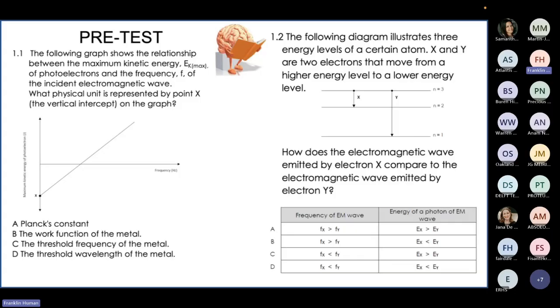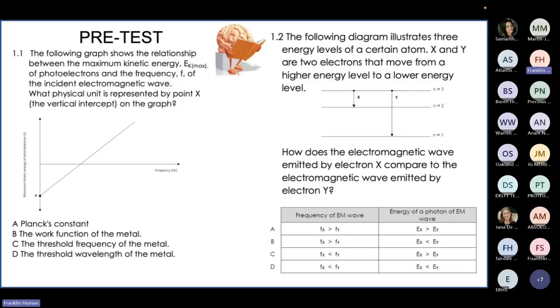If the extra energy above the threshold frequency is a small amount, obviously those electrons will move a little bit slower between the two electrodes. So those are the things you need to think about for 1.1. For question